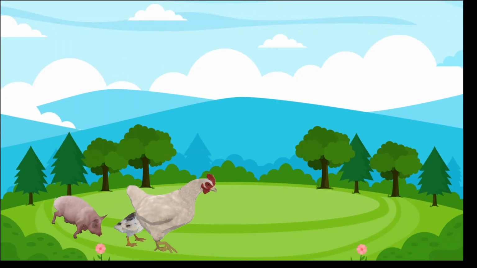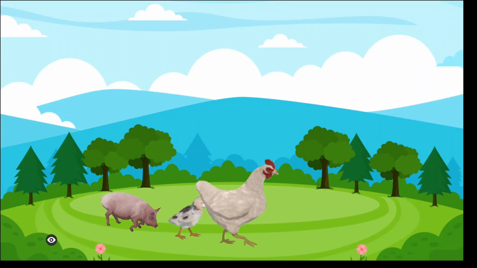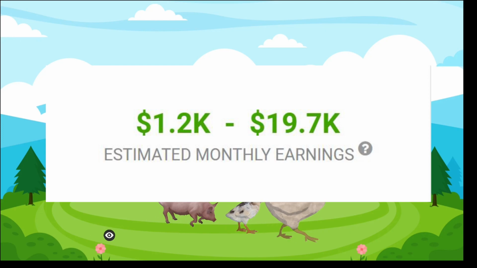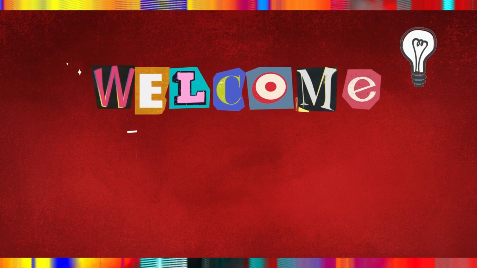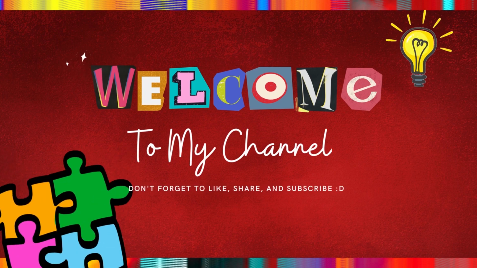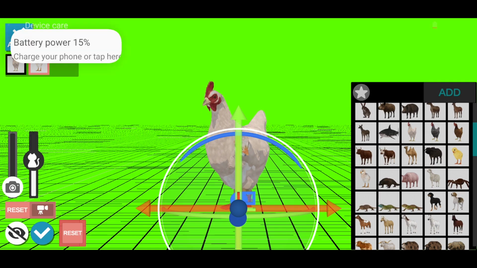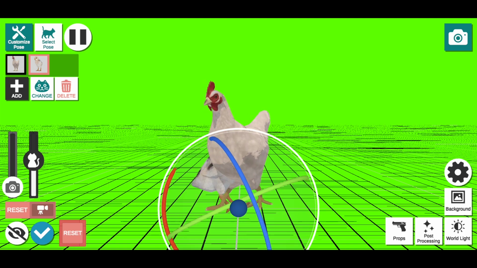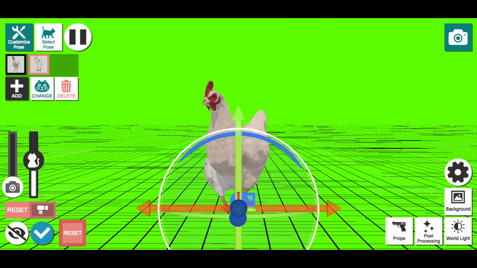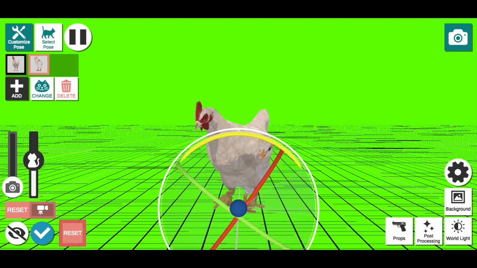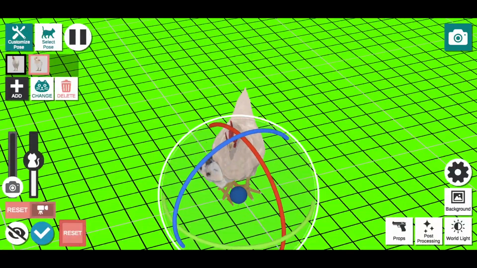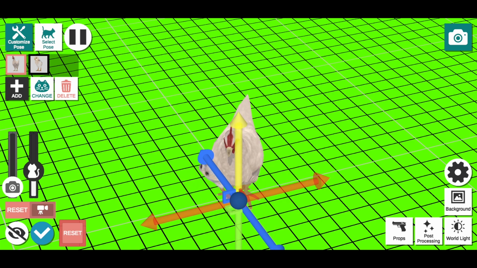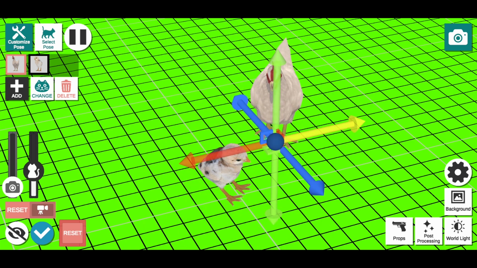By simply uploading animations of children's favorite animals, you can have an opportunity to earn around $20,000 per month from YouTube. And the interesting part is, you don't need an expensive PC, just use an Android smartphone to create the video. What's important is that we created ourselves using our own smartphones, without using repetitive content or infringing on someone else's